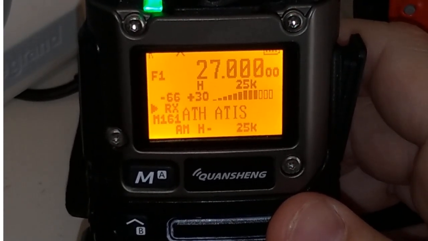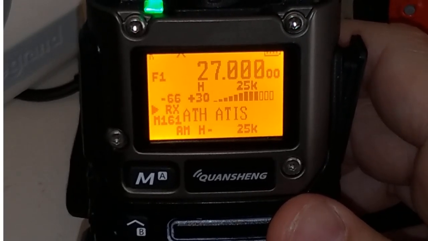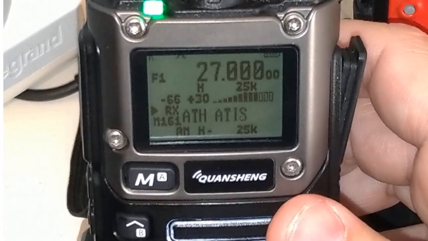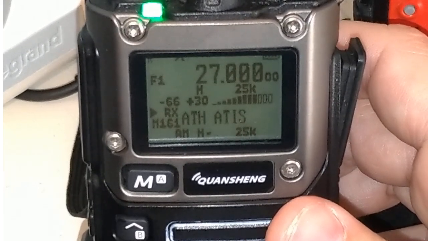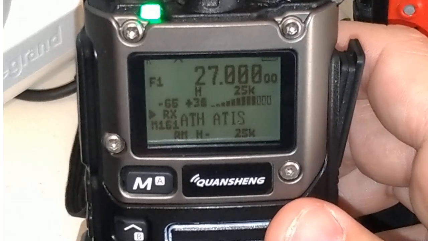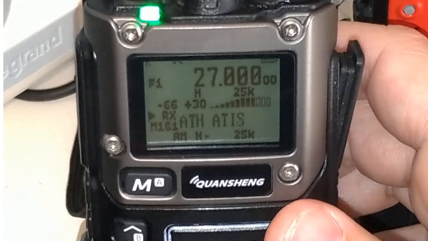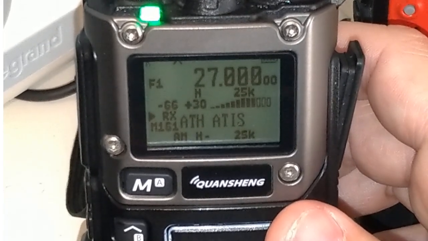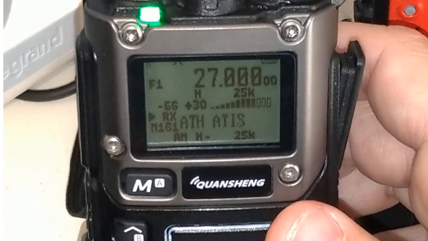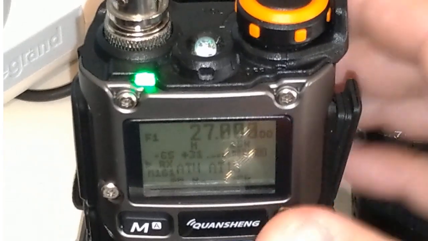Approach type ILS Zulu, landing runway 03 left, takeoff runway 03 right, transition level 100, wind variable 2 knots, visibility 10 kilometers or more, clouds covered 2,500 feet, temperature 16, dew point 10, QNH 1020 hectopascal. Advise on initial contact you have listened to information uniform.